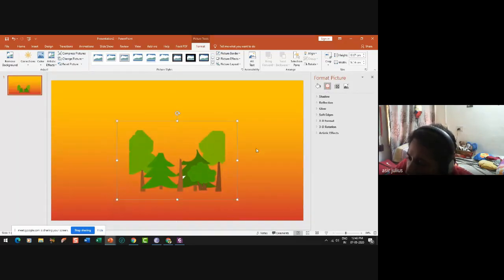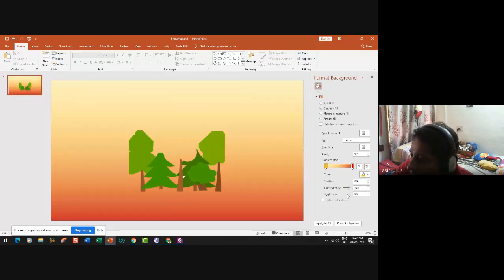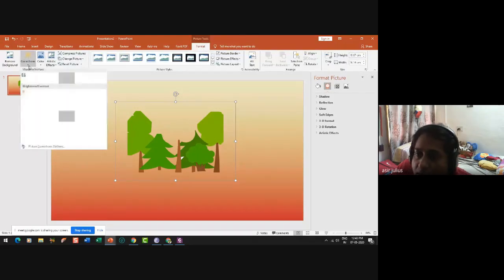But this entire background dominates our slide. So I'm going to reduce the transparency of the colors. Okay, so far so good. Still I can also enhance this color. Again, Picture Format, Color Correction.